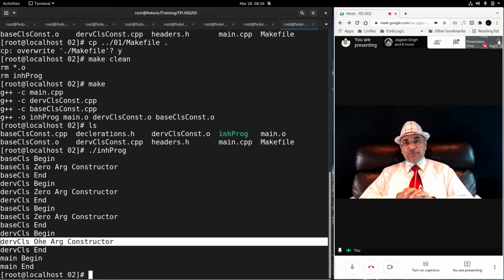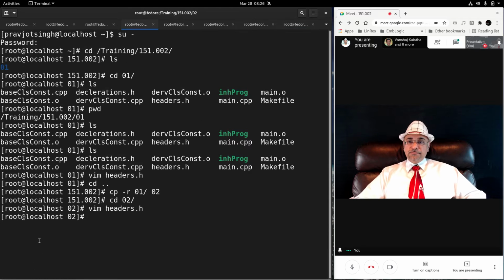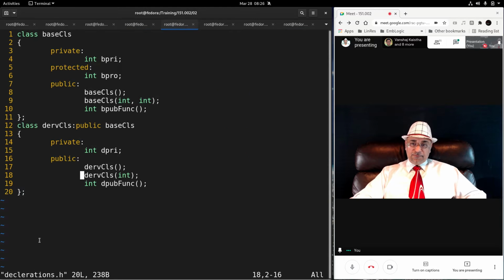How will you pass arguments? Now we have learned that the base class constructor executes automatically, but we can't pass arguments to the base class constructor automatically. We have to learn how to pass arguments to the base class constructor. Okay. From here,